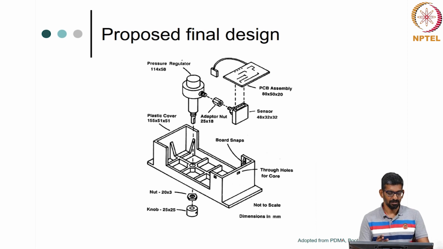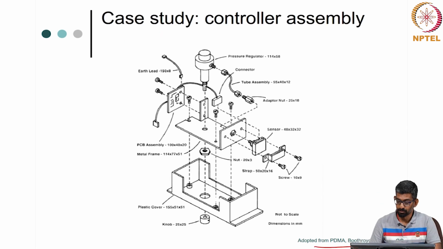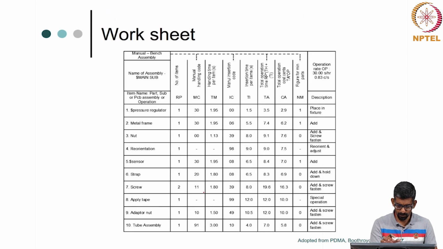Okay. So, naturally the assembly cost was much lesser in this compared to the other one. Both of them do the same function. So, we are going to look at this study of a controller assembly particular thing, right. It is an exploded view, a compressed controller assembly kind of stuff. We are not going to go through all the parts, okay. Probably I'll look into it. So, the deal is,